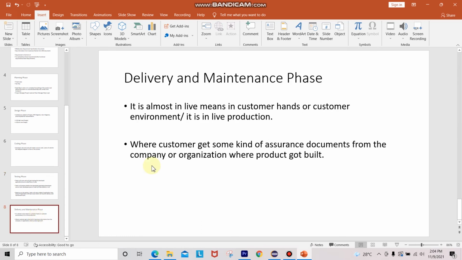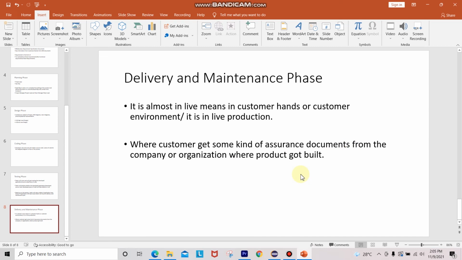The delivery and maintenance phase is the final phase, where the customer or the team will decide whether the product has issues or not. Here the customer gets some kind of assurance documents from the company or organization where the product got built.